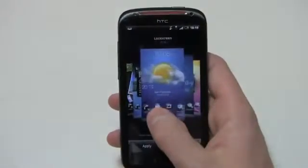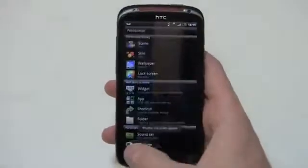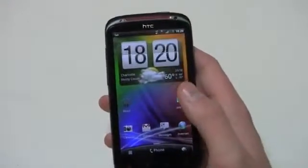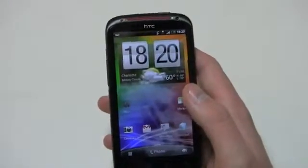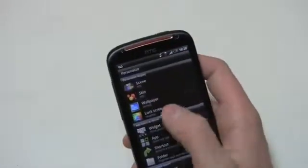You got friend stream, you got your weather, stocks, and clocks. So I can bring up weather, for example. I can apply that, and then when I turn it off and back on, it brings up my local weather, which is a really nice touch. Again, nice to have that option if you want to deal with it in spite of the battery woes. You can certainly do so. So you got that. But you got some personalization options back to what I was saying with the skin, the